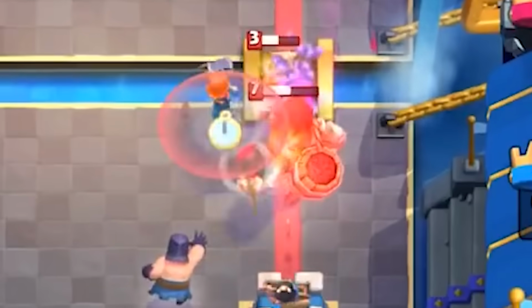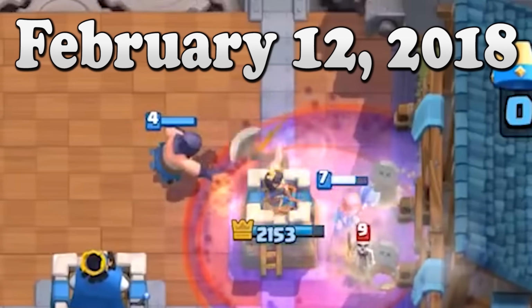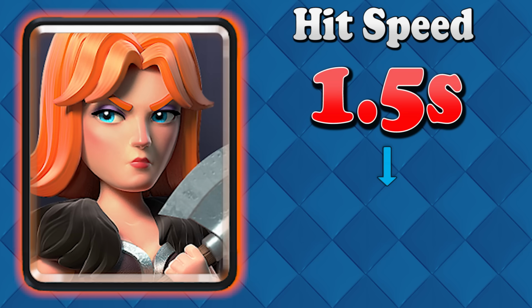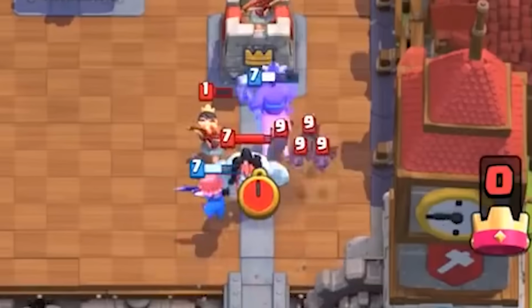Her usage rate still remained at 0% in top ladder for the remainder of 2017, so on February 12th, 2018, she was buffed yet again. But it was just another hit speed decrease of 1/10 of a second. This buff seemed to garner some interest, but as I already stated, a 1/10 of a second hit speed change